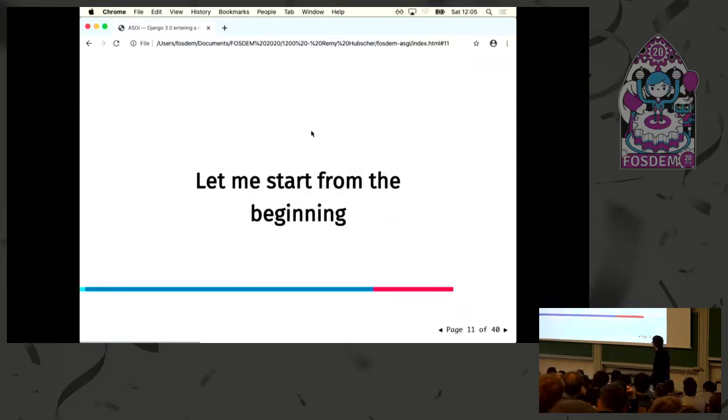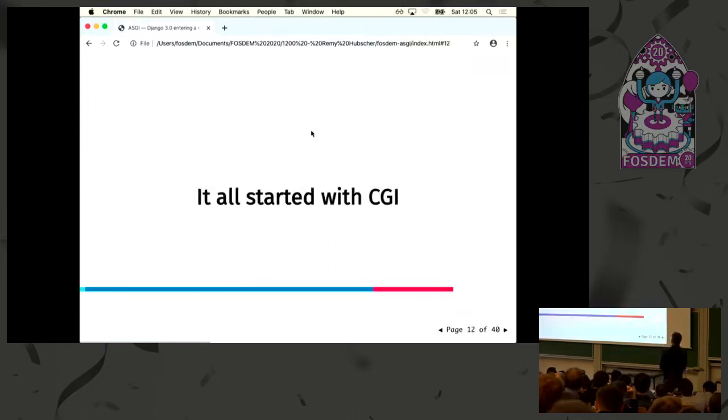But everything starts with CGI. I'm sure some of you know about that. For the ones who don't know, it's really good as well not to know about that. CGI was the idea that you would have an HTTP server that will handle the request, and then somehow pass the request to a CLI tool to handle the process of the response.